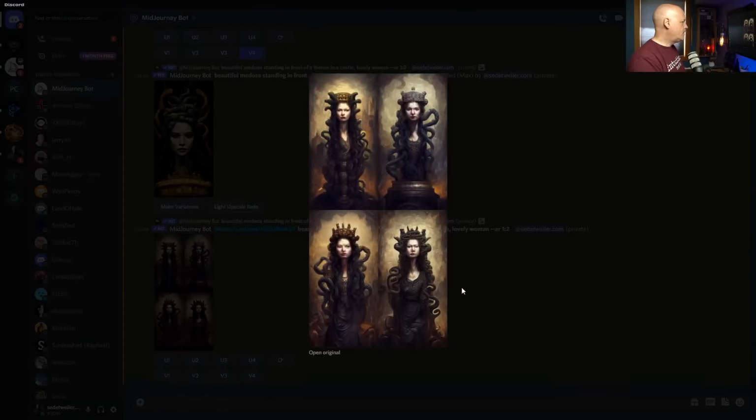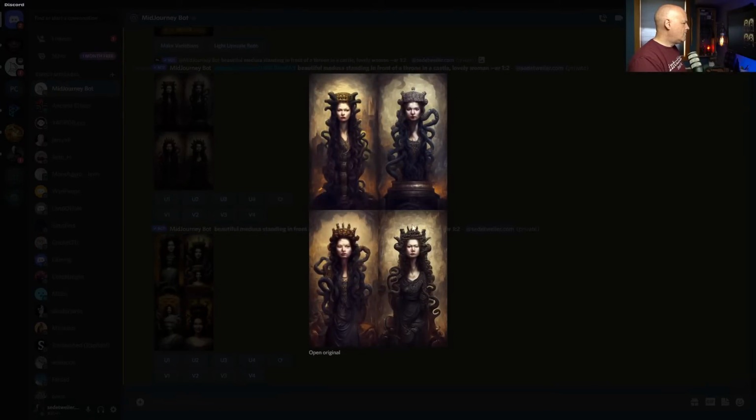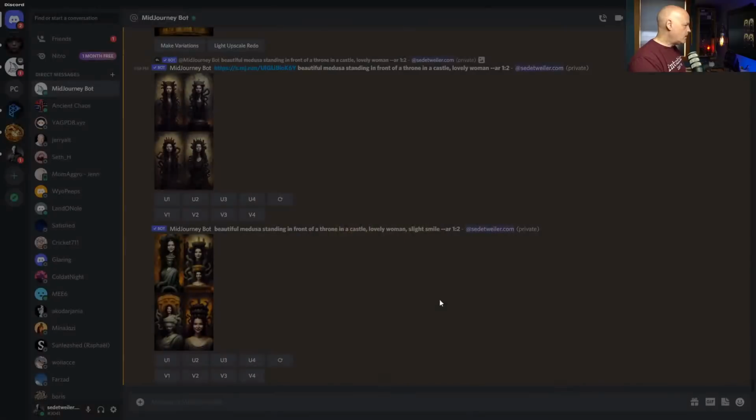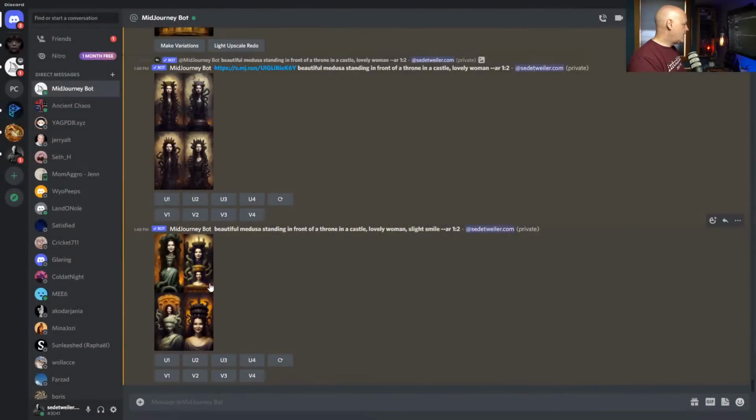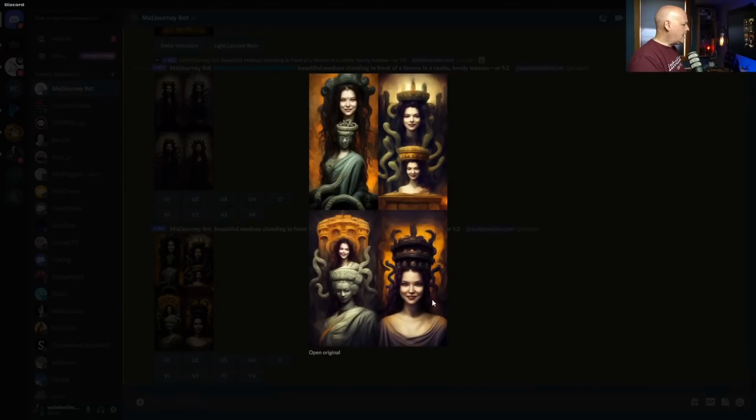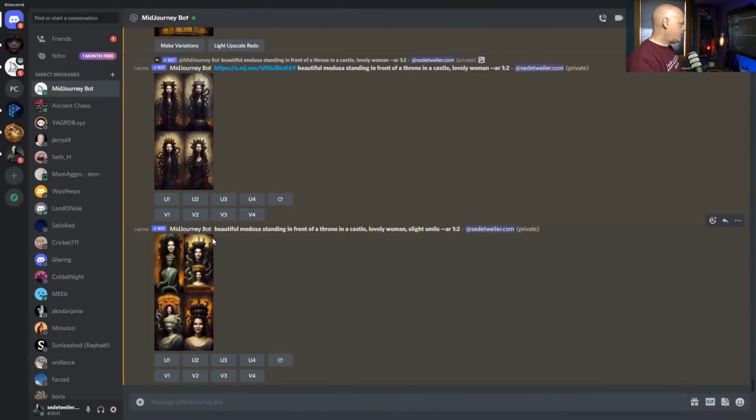All right, so here's our re-roll on that image. And the faces have gone to hell with these, although I do like the rest of the image; it's more interesting, I should say, than the other ones were. And then here's our slight smile. This should give an even better result because we're telling it a detail about the face, and it should focus on that face. Okay, I got one more trick to offer for getting really pretty faces out of this,